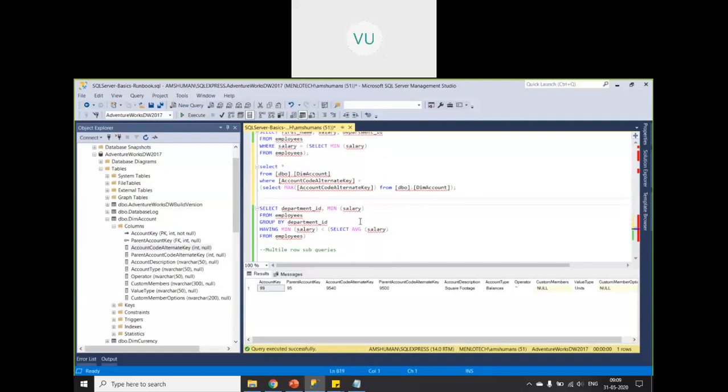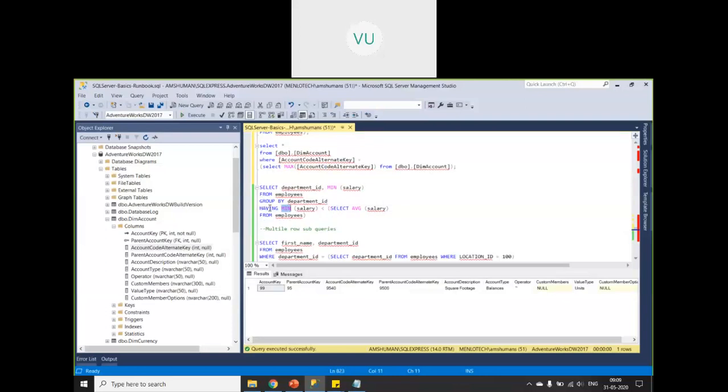One more thing is that the single row subquery need not always be used only in a where statement. We have seen having as well, right? Having is a condition applied to your group records, the record groups. So if you see this particular query, forget about the subquery for now. Let us say some literal value is there, like 1 or something.